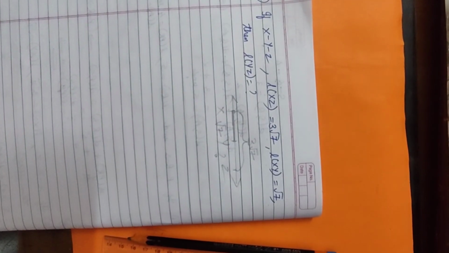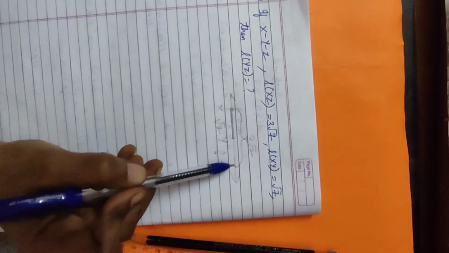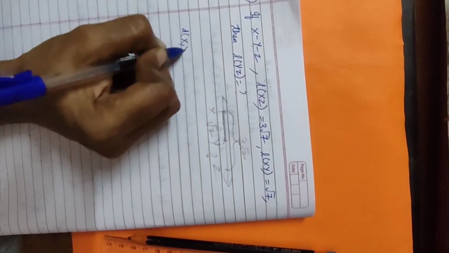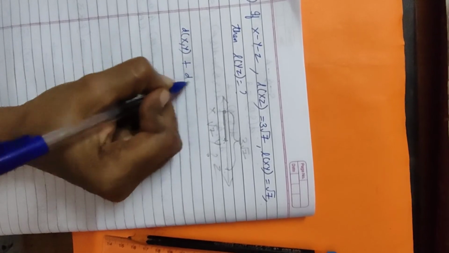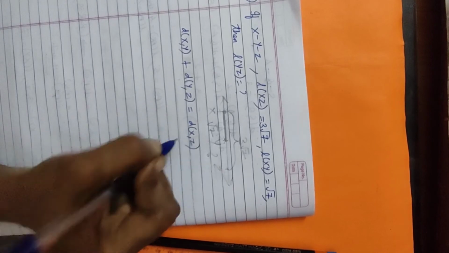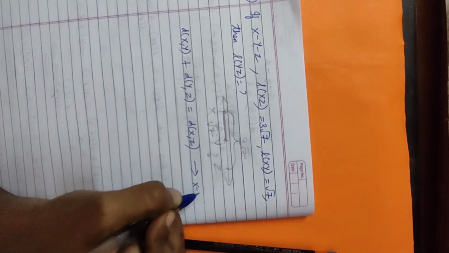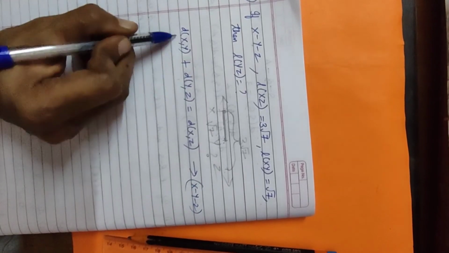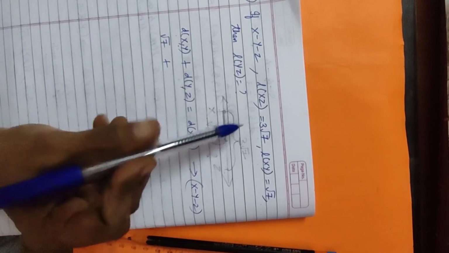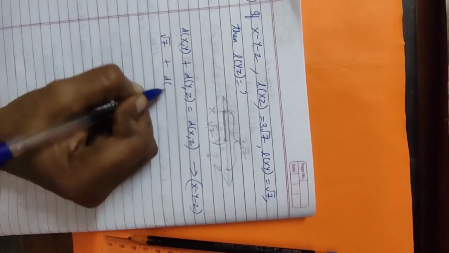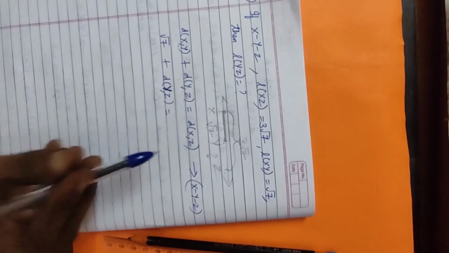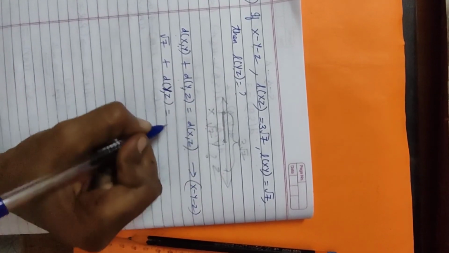Let's write it. Whenever betweenness has come, how will we write it? Distance of XY plus distance of YZ equal to distance of XZ. We have already learned this one. Why are we writing this? Because of X-Y-Z, we are writing it like this. Distance of XY is how much is given? Root 7. Write the values in front of it. YZ is given? No, it is asked to find out. So we will write distance of YZ as it is. And distance of XZ is how much given? 3 root 7. We have written here also.